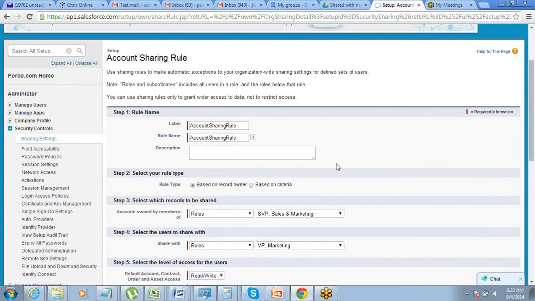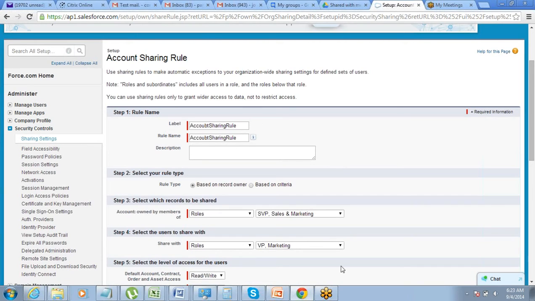So this will act as an exception on top of the OWD. So OWD will define the base level access to the object, whether overall the data is public or private. Once you have made the data private, after that if you want someone else to come and access the data who is not allowed to access because of the OWD, you can define a sharing rule to give temporary access. Clear on that? So that is about our organization wide default and the sharing rules.